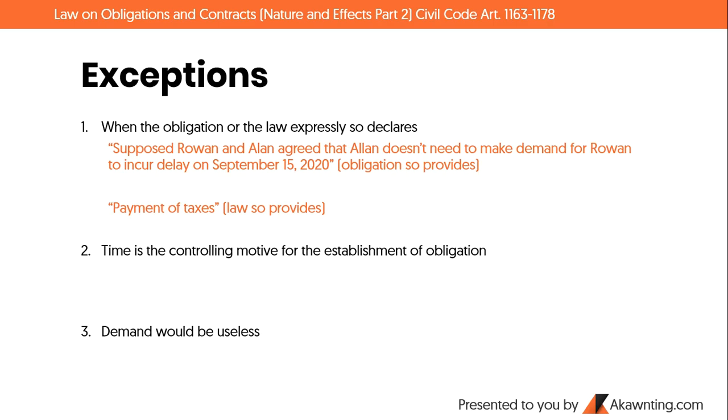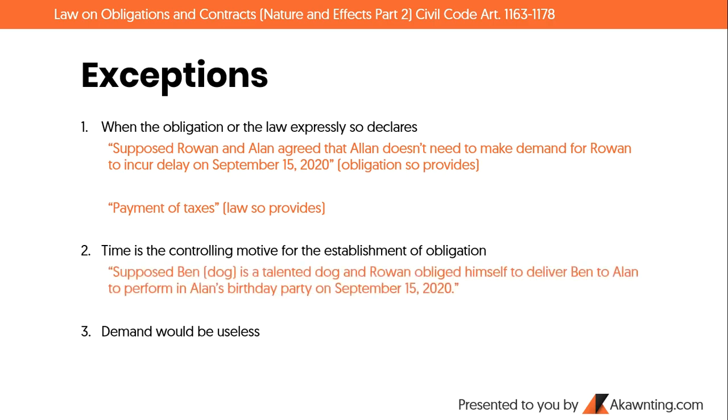Okay? So, isa po yung exemption. Okay? So, next, time is the controlling motive for the establishment of obligation. So, for example, suppose Ben, the dog, is a talented dog and Row 1 obliges himself to deliver Ben to Alan to perform in Alan's birthday party on September 15, 2020. In this case, the time, which is September 15, 2020, is the controlling motive why the obligation to deliver the